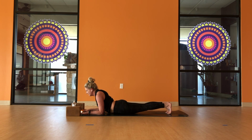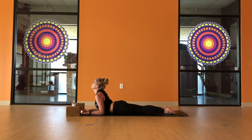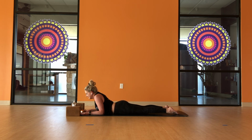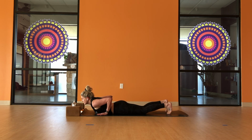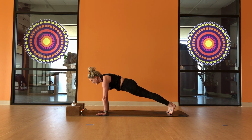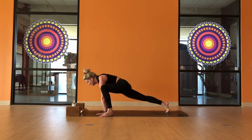Drop your belly, pull your heart through and tuck your toes. Spread your fingers wide, press through the palms of your hands, reach up, nice straight arms, then bring it back down. Take the hands right underneath the shoulders, tuck your toes, lift it up, find that high plank. Take a breath, hug your upper arms in, and let's take the left foot to the top of the mat,